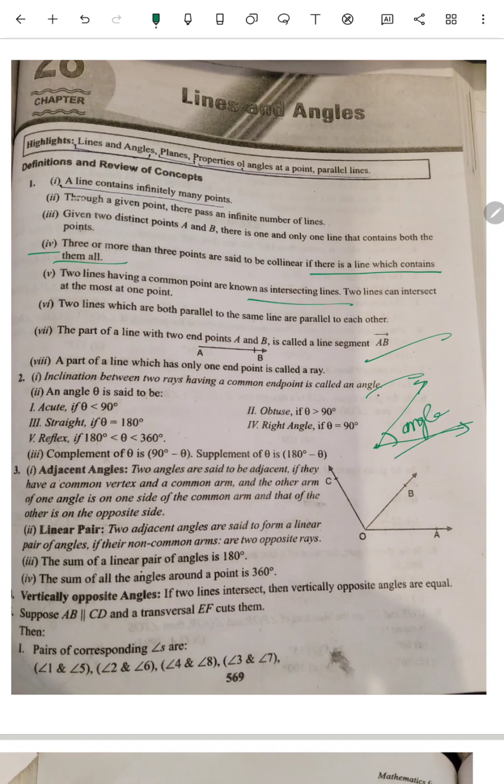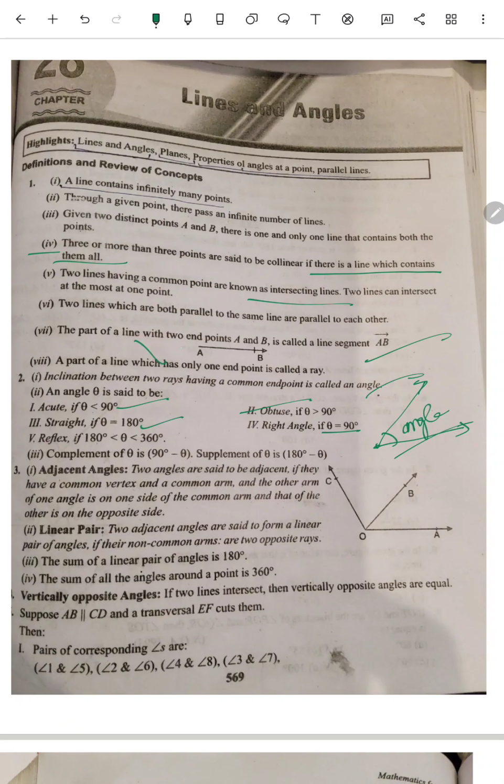एंगल यहाँ पे दिया गया है 5 टाइप के. पहला एक्यूट एंगल जो 0 से लेकर 90 का. सेकंड इज ऑब्ट्यूस एंगल जिसमें जो थीटा है वो 90 से लेकर 180 तक होगा, और जो एग्जैक्ट 180 होगा वहाँ पे हम बोलेंगे स्ट्रेट एंगल, और जहाँ पे थीटा एग्जैक्ट 90 होगा हम बोलेंगे राइट एंगल. And if the theta is greater than 180 to 360, then the angle will be reflex angle.